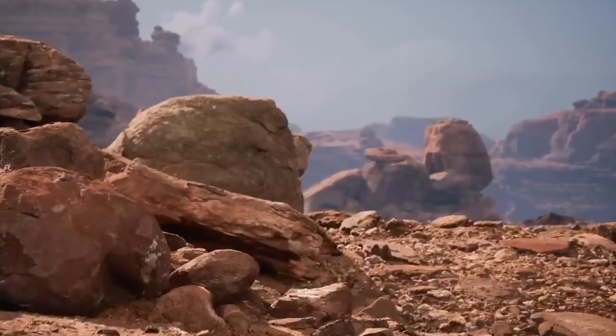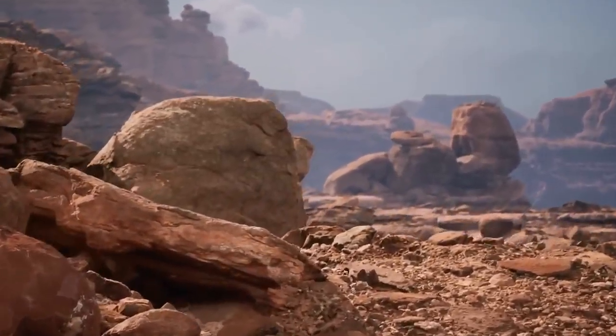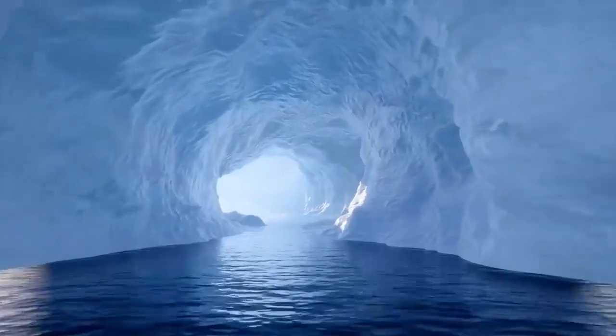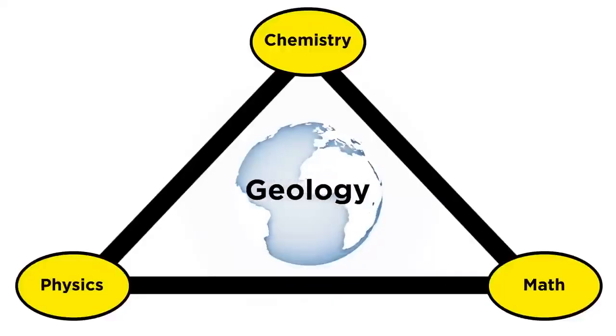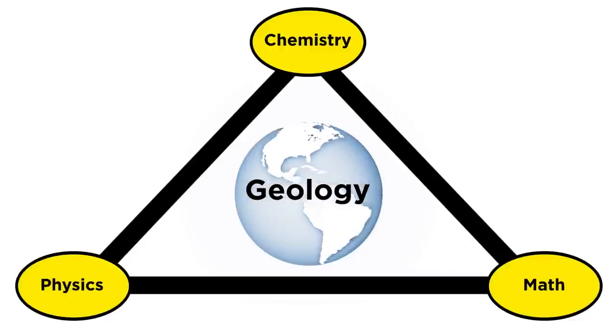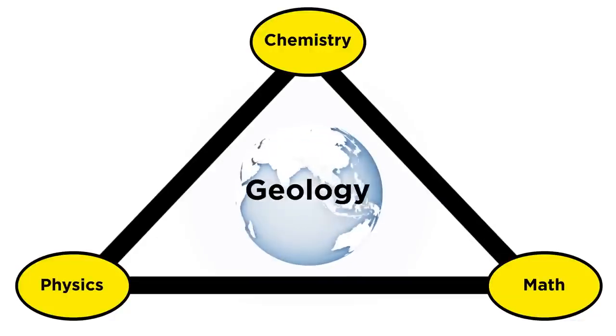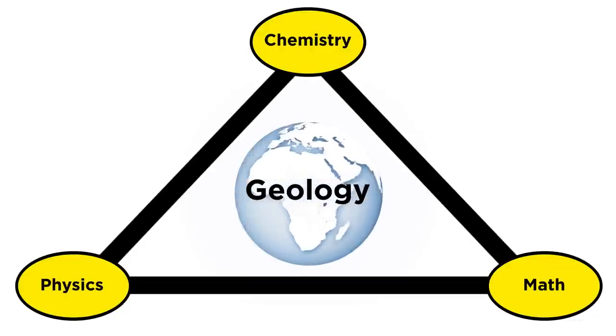So, as you can see, geology is not just about looking at rocks. It is as rich and multifaceted as any other scientific discipline. As we mentioned, geology utilizes concepts in chemistry, physics, and mathematics, and an understanding of basic concepts from these fields will be assumed as